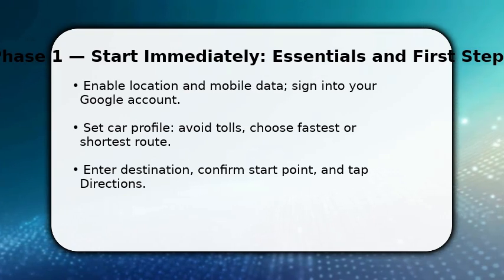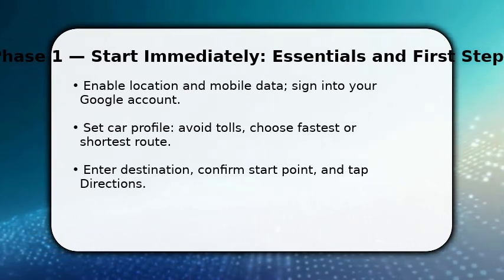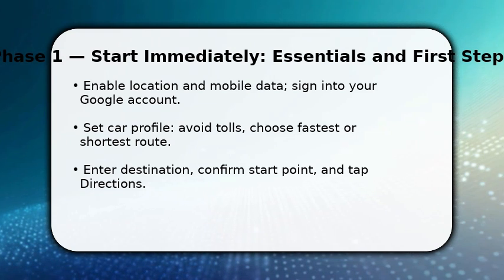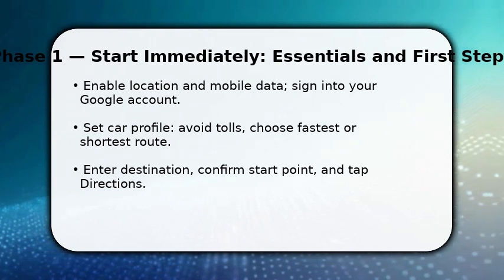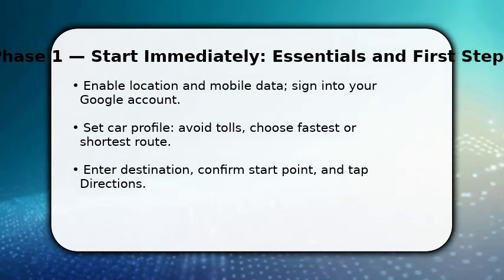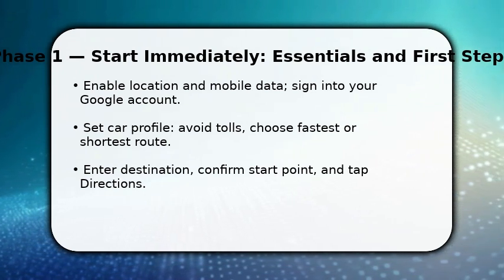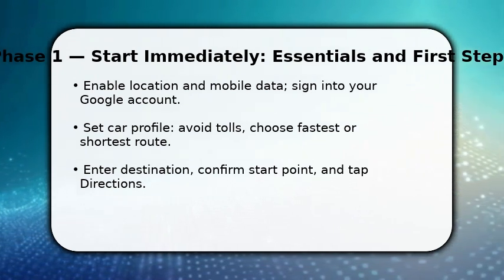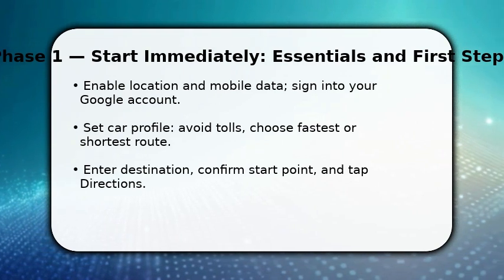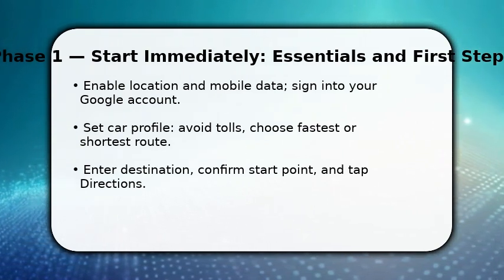Enjoy the video. You begin by enabling location and mobile data, then sign into your Google account so settings sync. Once done, choose the car profile and set preferences, avoid tolls or prefer fastest. This affects route selection. Next, type the destination into the search bar, make sure the start point is correct, and